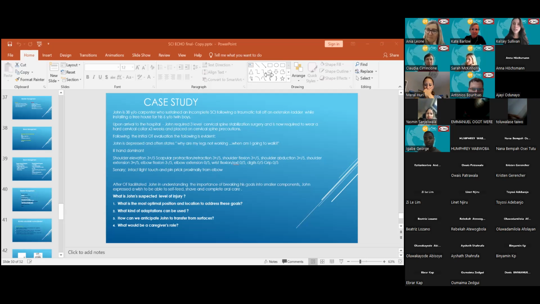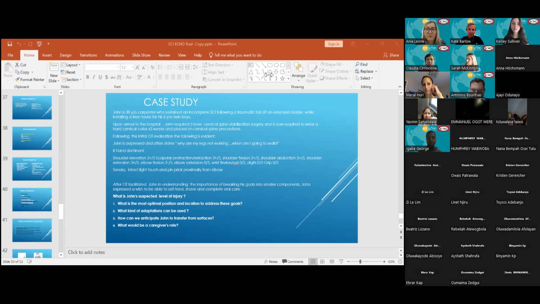And then just for the last one, Anya, for the sake of time, do you mind quickly going over what a caregiver's role would be? And then we'll wrap up. So most importantly, in bowel and bladder, which we didn't go into, these guys will not likely be able to do their hygiene and toileting. Lower body dressing would be partially accomplished, but still challenging. So the caregiver's role would be hugely important with those ADLs and IADLs,